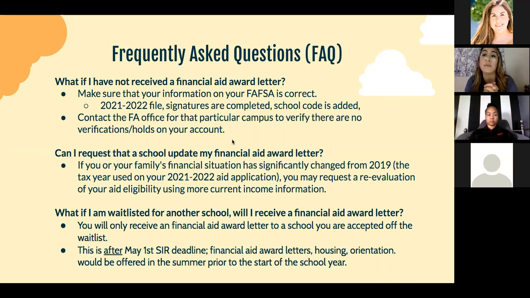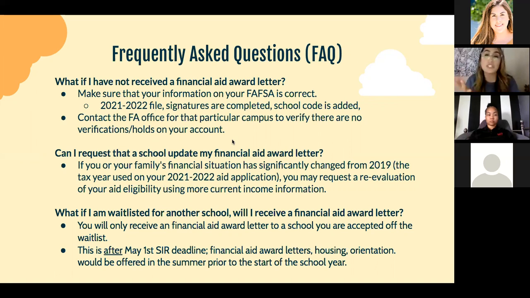I remember one time we were helping a student for San Francisco. She applied, but then she realized, wait, I never added that school in FAFSA when you had to add all those different schools, right? So you want to make sure you're checking all these things, because of course, if you never added those or if you never fixed those, the school isn't going to get that information from FAFSA. You also want to make sure that you contact the financial aid office for that particular campus to verify that there are no verifications or no holds on your account. And Sienna discussed how you can check that on your portal. You'll want to make sure that you check the to-do list section.